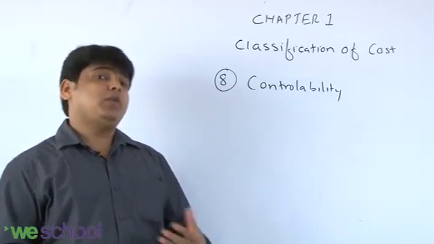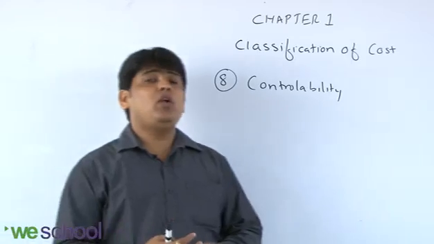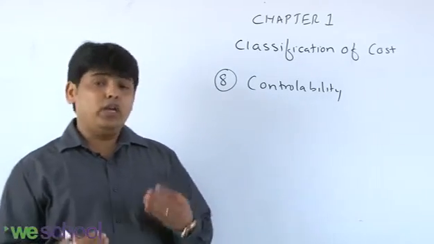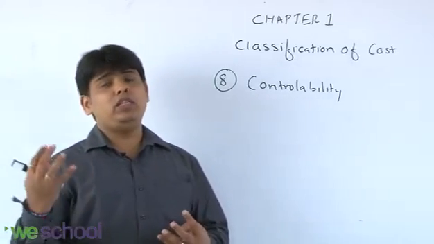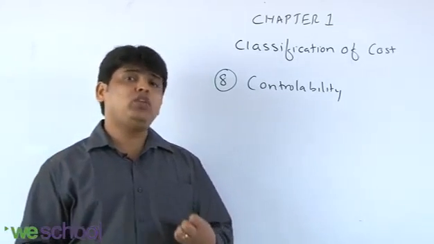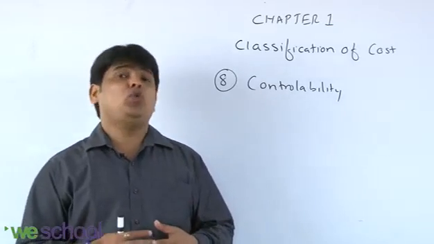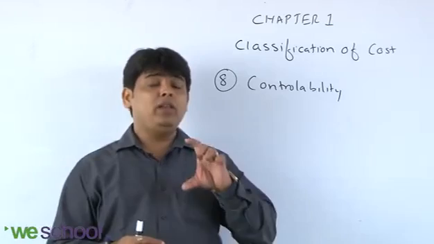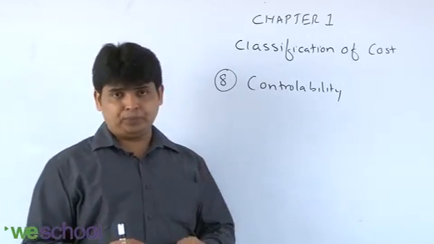Suppose I am talking about raw material. For one shirt I am using raw material of 40 rupees. I can reduce this 40 rupees. Reducing the cost of the raw material from 40 to 30 doesn't mean that I will be using a 1.5 meter cloth for the shirt. No, I am not saying that. The quality will remain the same. Reduction in cost does not mean that there is a reduction in quality.